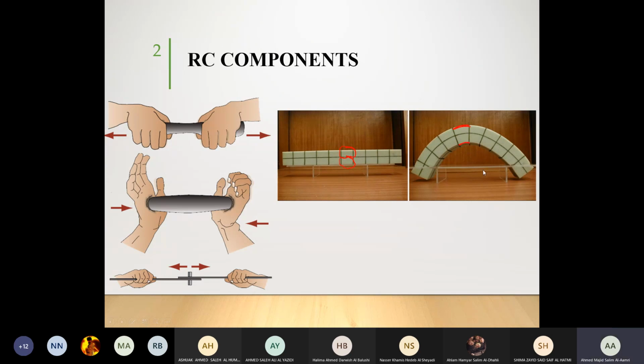No. So where is your tension and where is your compression? Tension is the longer part, right? Compression is the smaller part. When you apply tension, you will see that the element will be longer. When you apply compression, the element is going to get shorter. So which one is long? Which one is short? So you have the upper portion is going to be tension, the bottom portion is going to be compression, right? Are we clear?